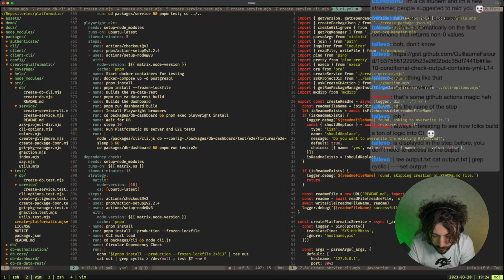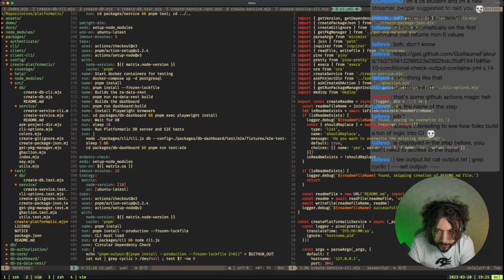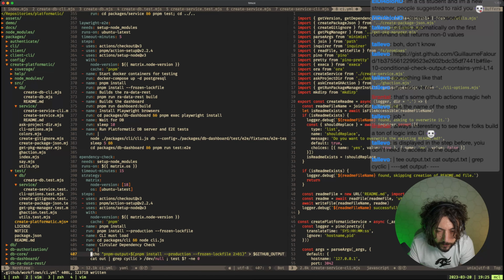And let's call it pm output equals. Okay. And we want to redirect this into GitHub output. Secret dependency. Okay. Then